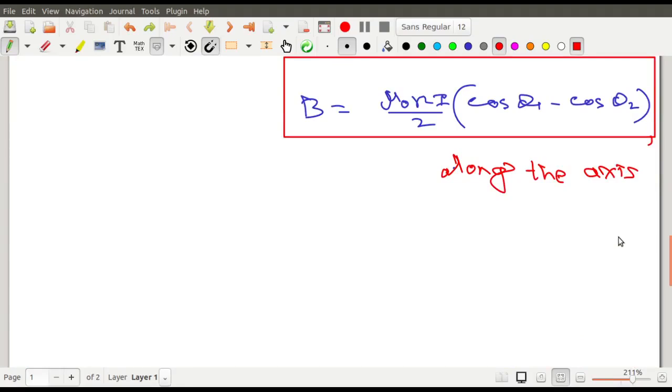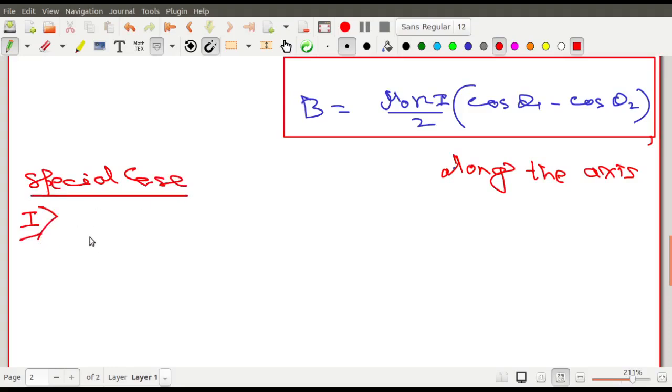Right. Now let us go for some special cases. So the first case is that special case. That is the general expression. So one of the special cases is for an infinitely long solenoid,